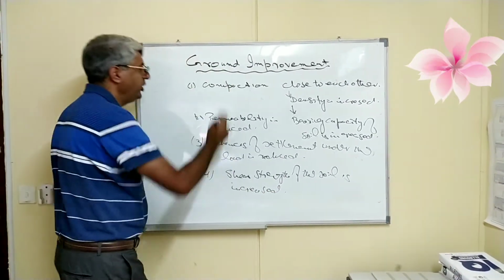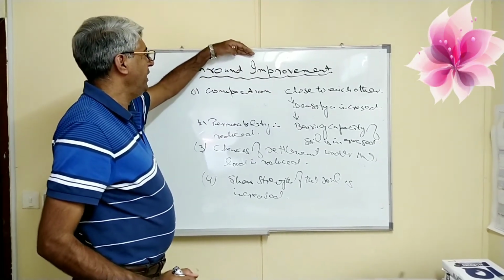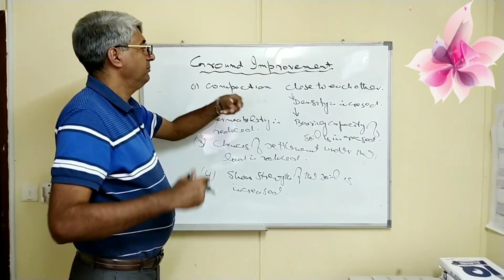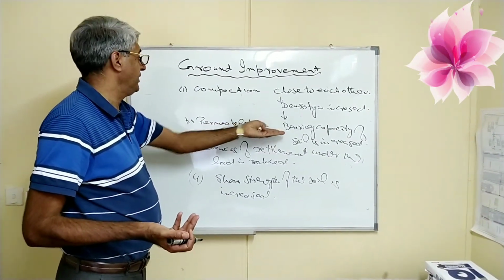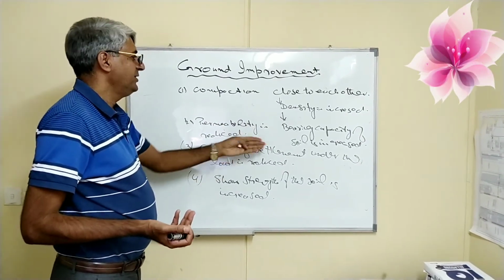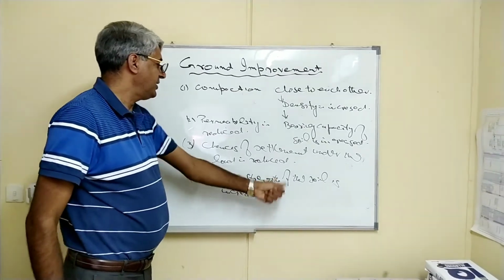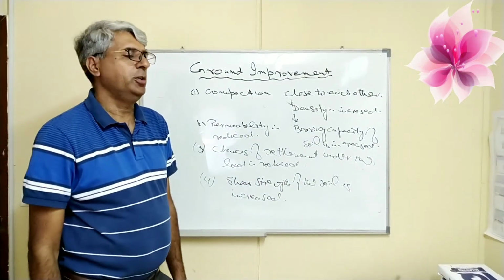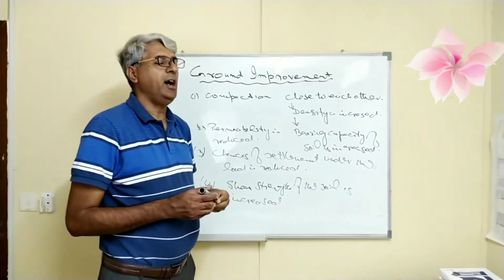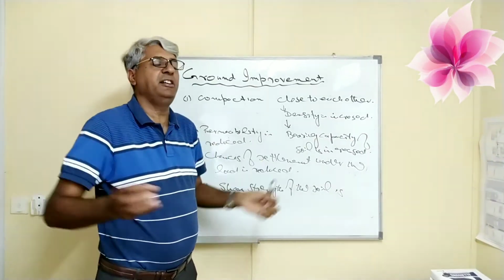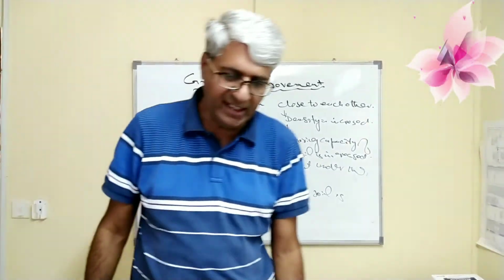Etc. So we need not go into further detail. Just keep this in mind. The improvement gives some results. Our achievement is that the density is increasing, so the bearing capacity of the soil increases. Permeability is reduced. Chances of settlement are reduced when the load is imposed on the surface. The shear strength of the soil is increased. So whatever the methods of ground improvement we have written over here, we are not going to discuss all in detail. Only a few of them we will go on discussing.